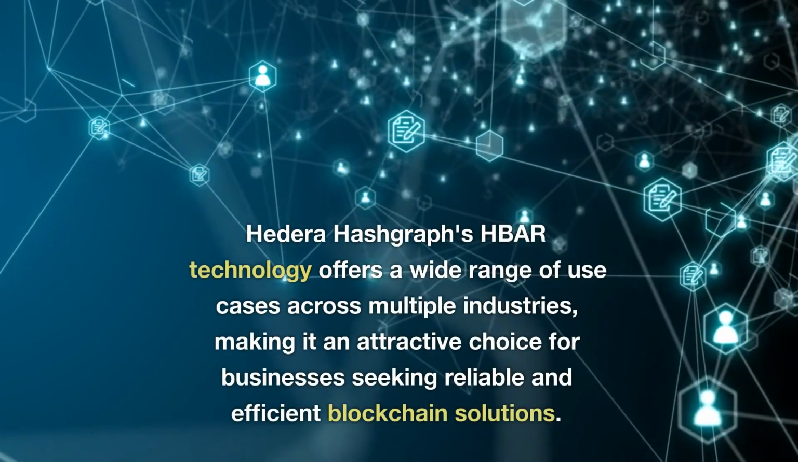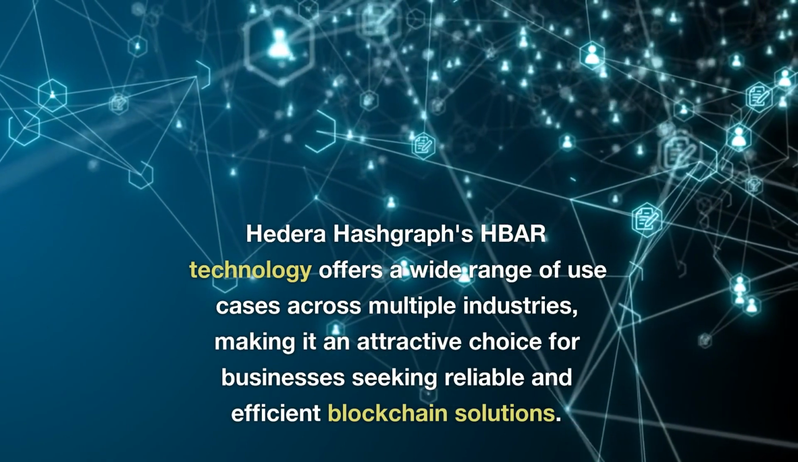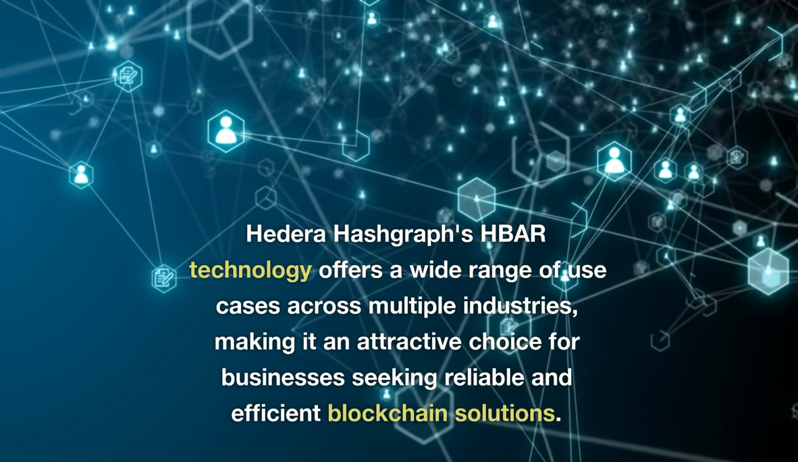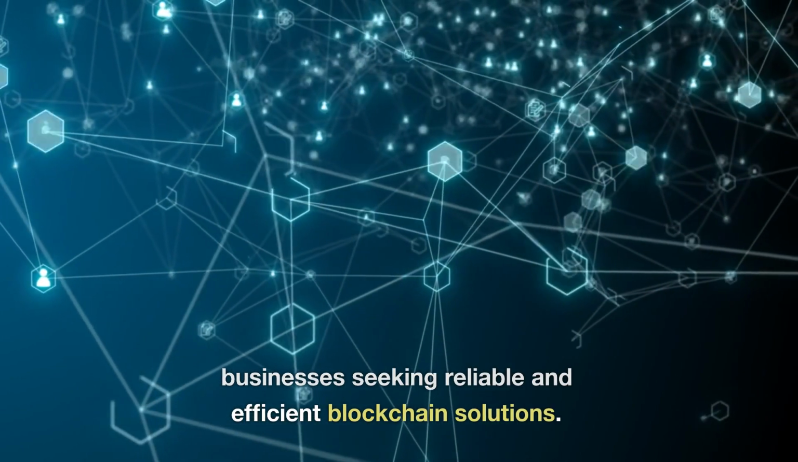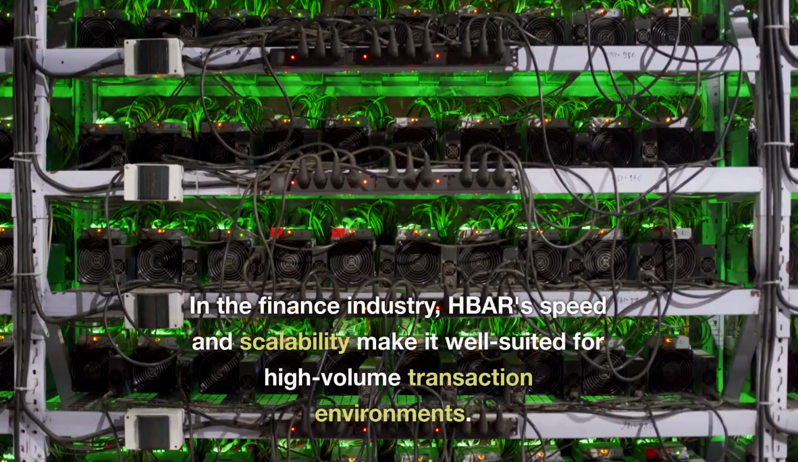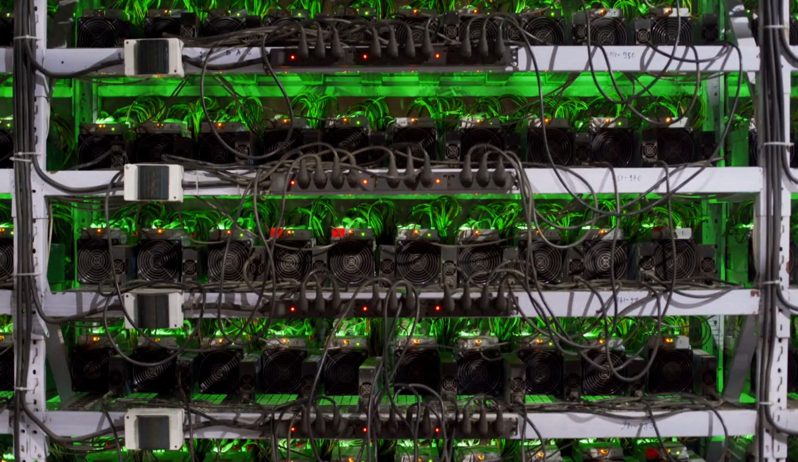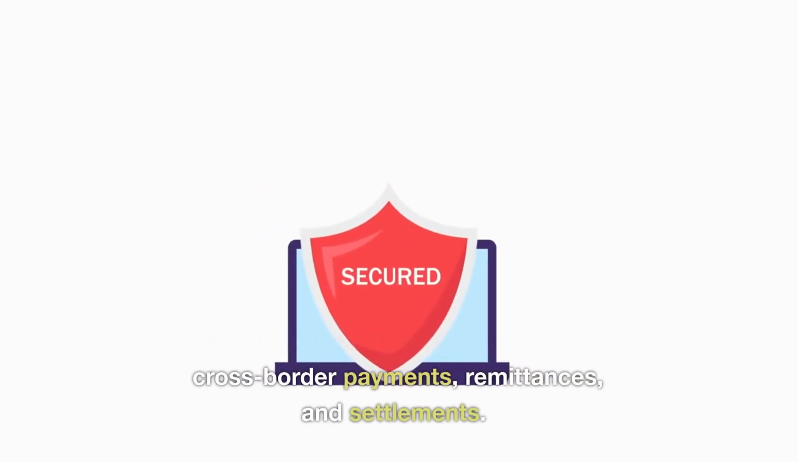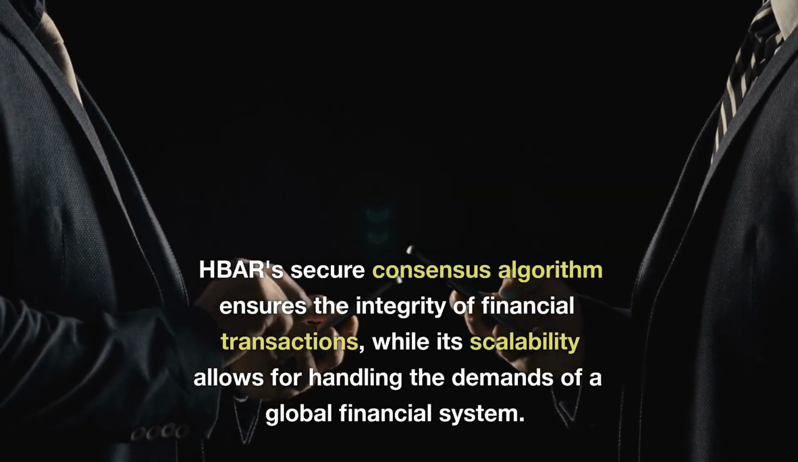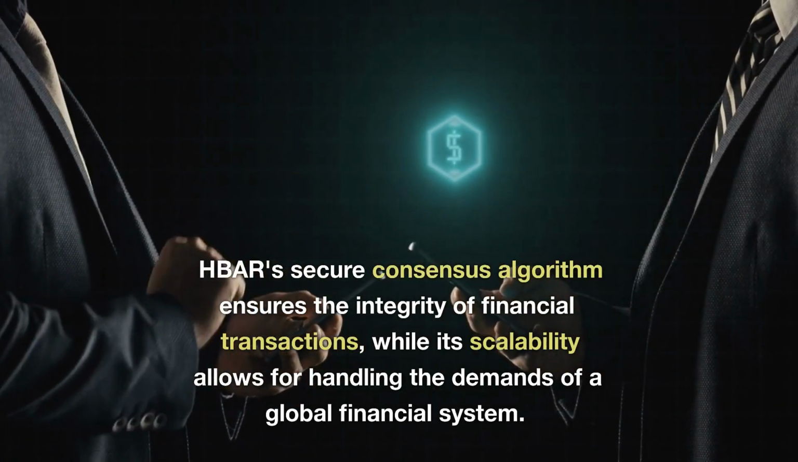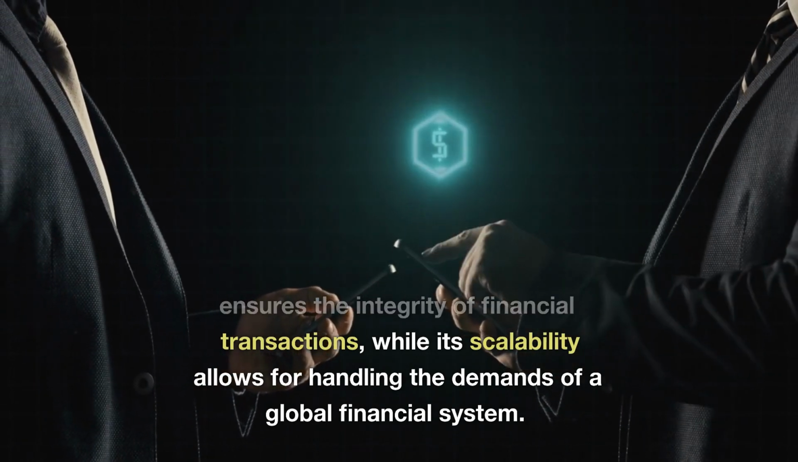Hedera Hashgraph's BAR technology offers a wide range of use cases across multiple industries, making it an attractive choice for businesses seeking reliable and efficient blockchain solutions. In the finance industry, BAR's speed and scalability make it well suited for high-volume transaction environments. It can be utilized for fast and secure cross-border payments, remittances, and settlements. BAR's secure consensus algorithm ensures the integrity of financial transactions, while its scalability allows for handling the demands of a